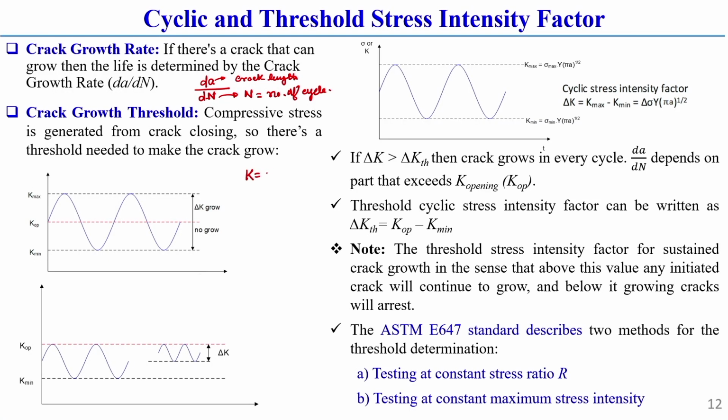Why am I telling this stress intensity factor? Because K is a function of stress, because K is equal to Y sigma square root of pi a, correct. So it is a function of sigma, this you should keep in mind. That is why this K1 which I am just showing. For compressive stress, I have already told you, generally it closes the crack.